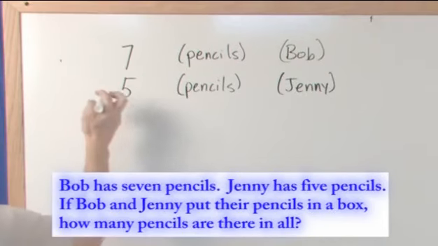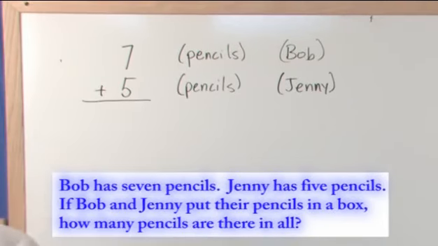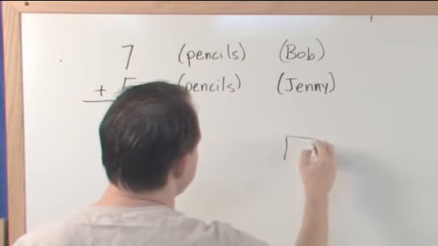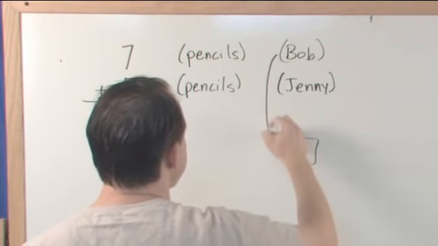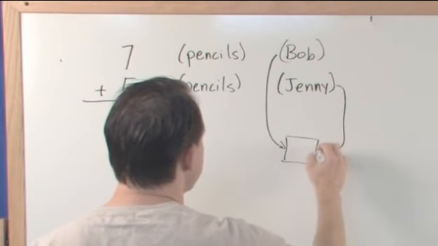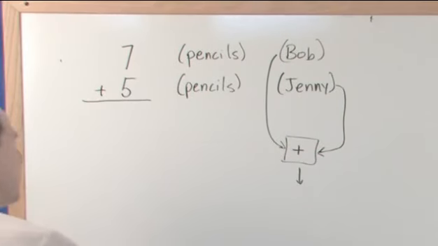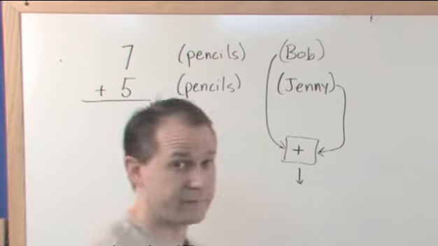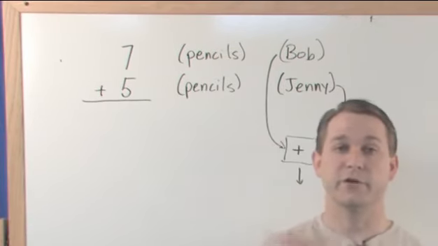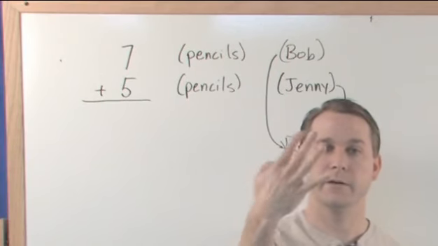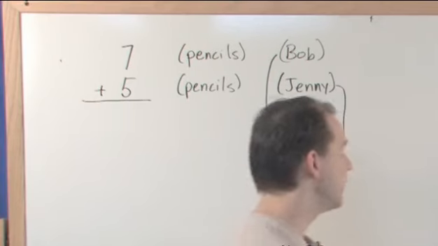Okay, now, we said we have to add them together. And we have to add them together because Bob put 7 pencils in a box. See, here's some box. So Bob throws his 7 pencils in, and then Jenny throws her 5 pencils in. And so what you have to do is you have to add up all of these pencils in the box to find out how many are in the box. Okay? So what would 7 plus 5 be? And you can do that on your fingers, or you can do that if you just have that memorized, that's fine. You start with 7, you're going to add 5 more. 8, 9, 10, 11, 12. So you just added 5 more to 7, and that gives you